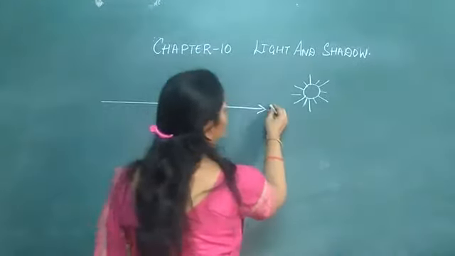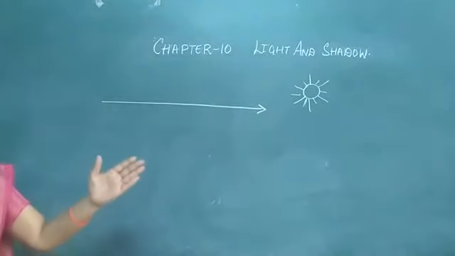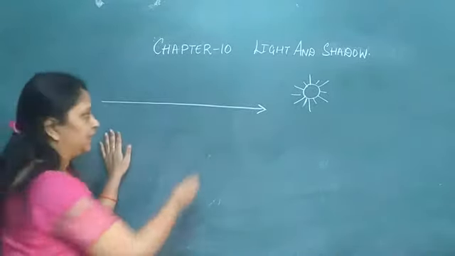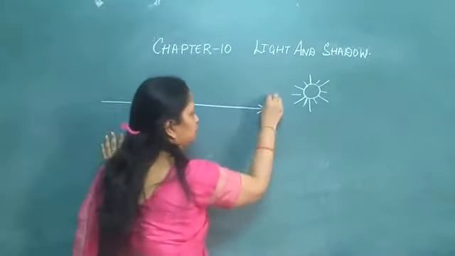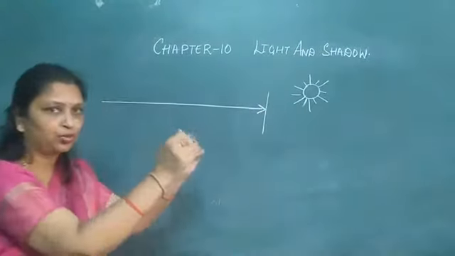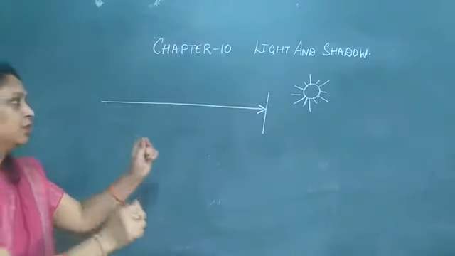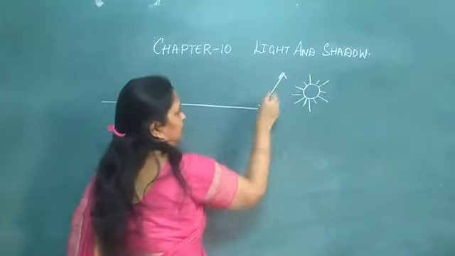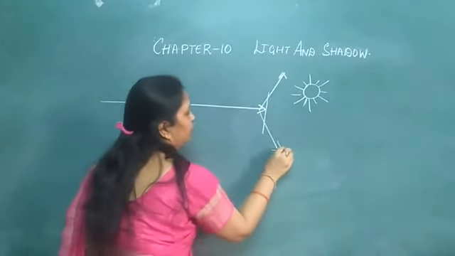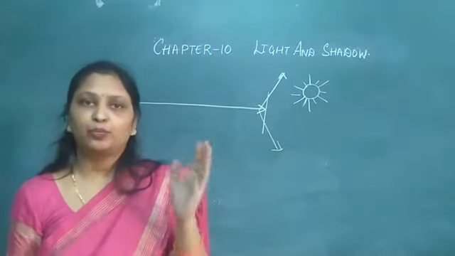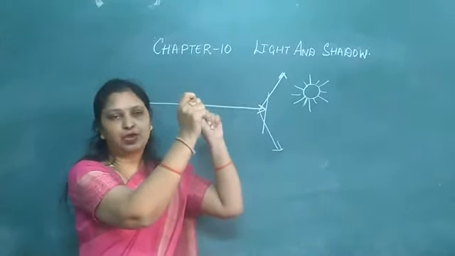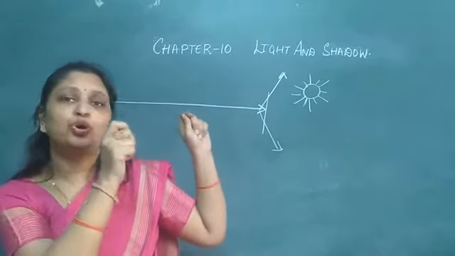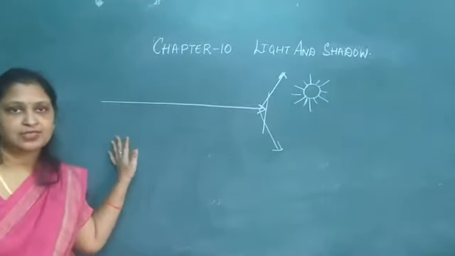Now see, when the light is coming in front of you and you close the window, it is not coming. The same thing is here. The light is traveling in a straight line. When you put a cardboard or a book over it, the light changes its direction. When you are moving in a hot sun, you hold a book in your hand and place it on your face. So, the shadow of the object is coming to your face, but light is not coming to your face. So, you understand that light